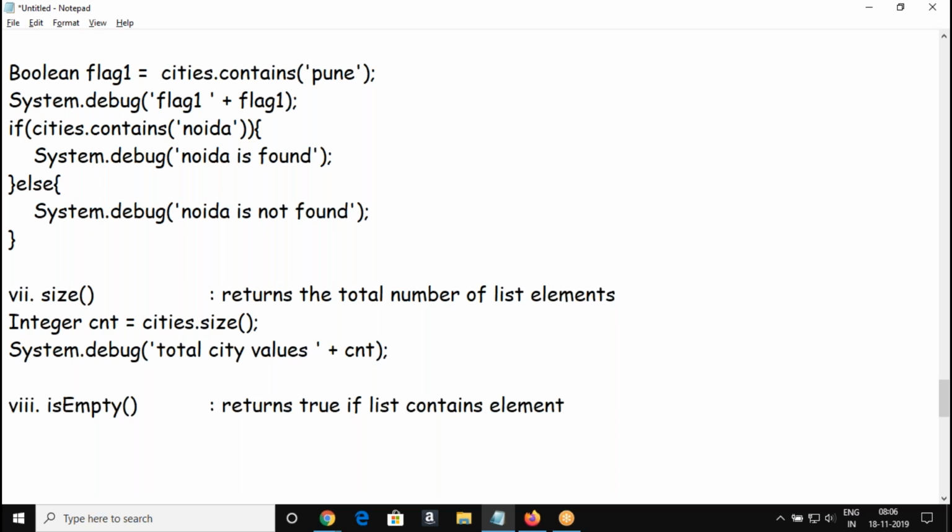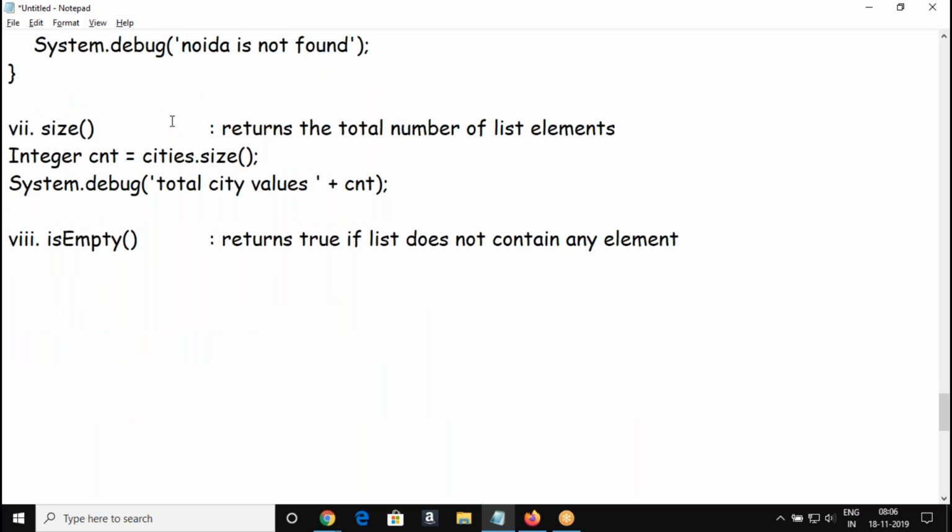If the list does not contain any element, then this method is going to return true. This method is used to check whether the list contains elements or not. So the isEmpty method is used to check whether the list has elements or not.